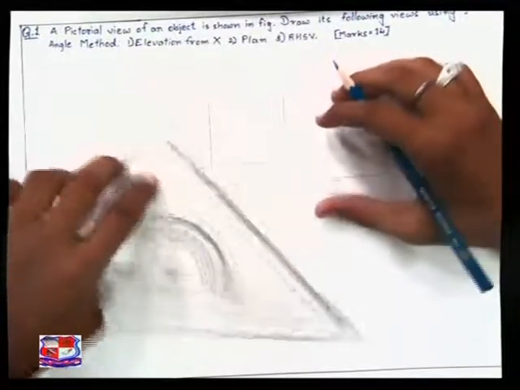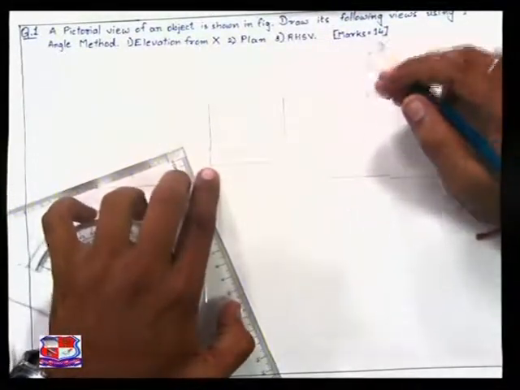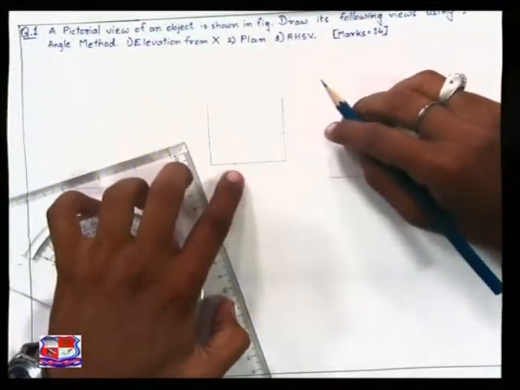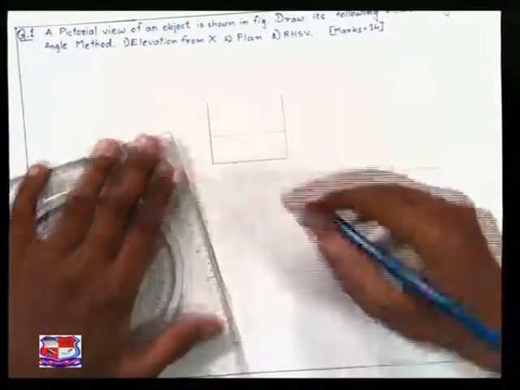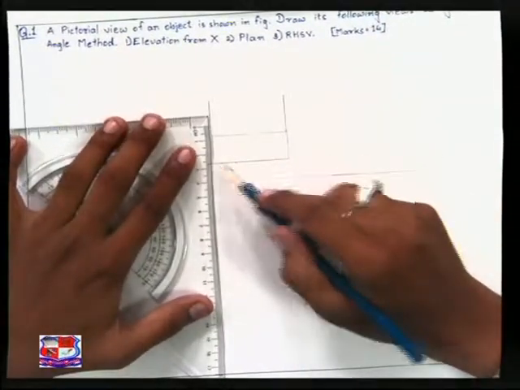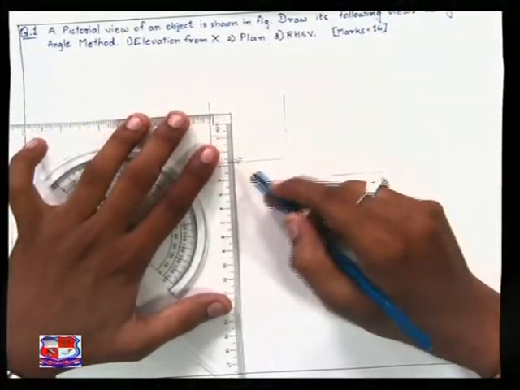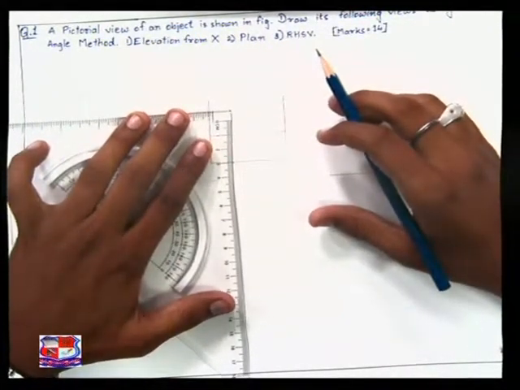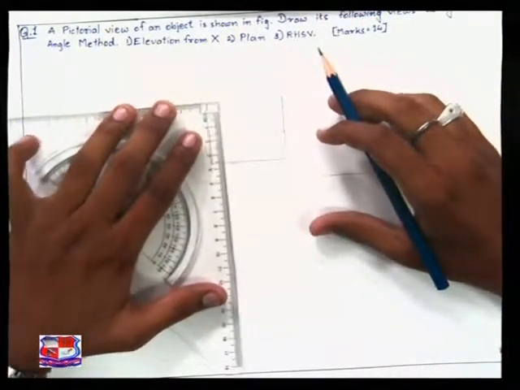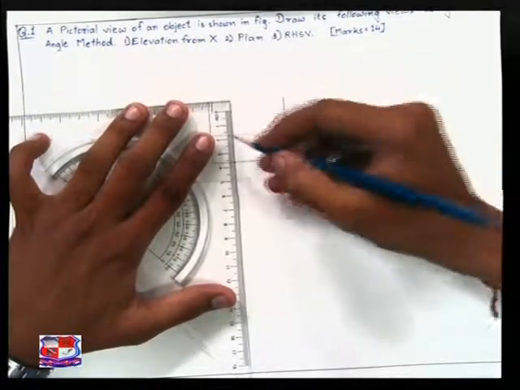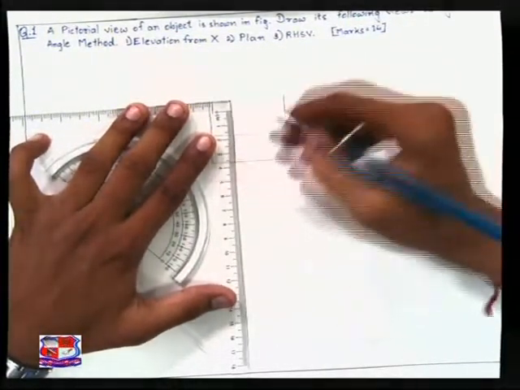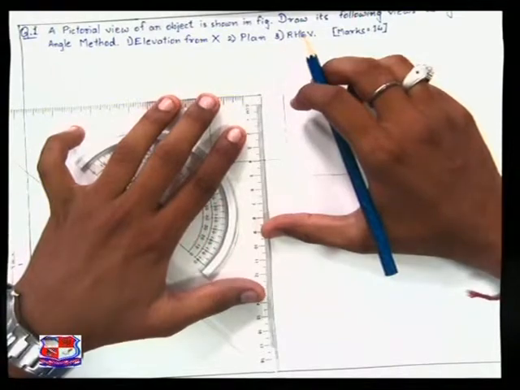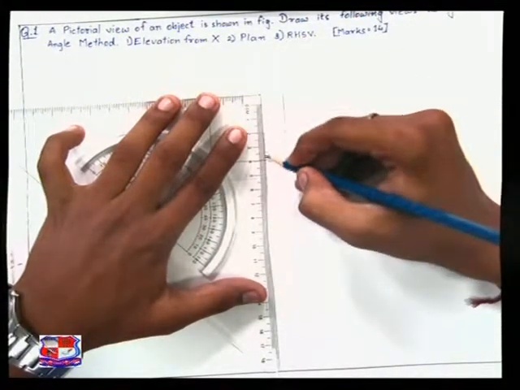Now it has been given that you have to take 15 mm from here. This dimension would be this, from this would be 15 mm. You can download the paper from GTU's website. You just need to go to the student corner and you can download the paper of June 2013 and have a brief idea on the same.